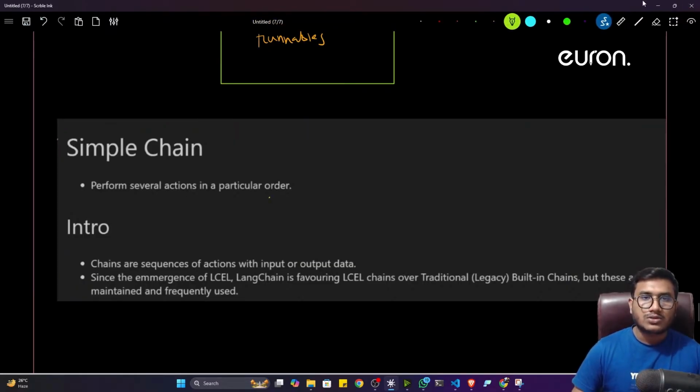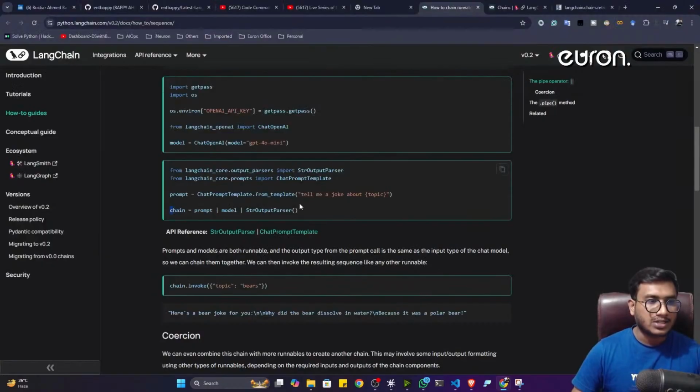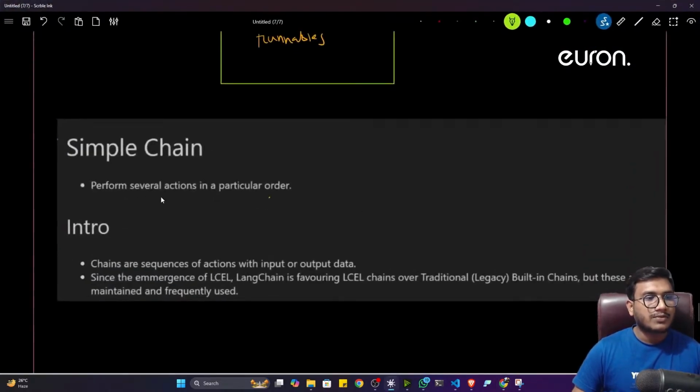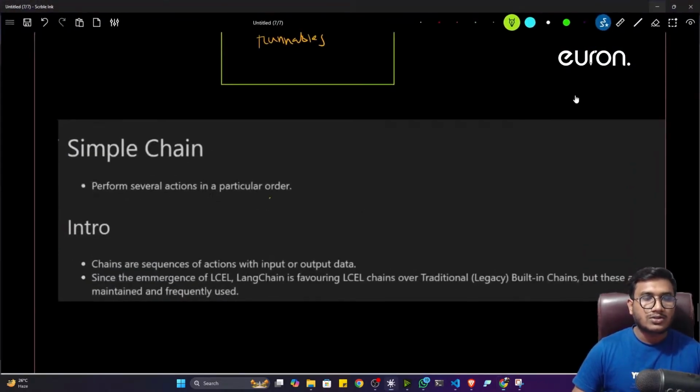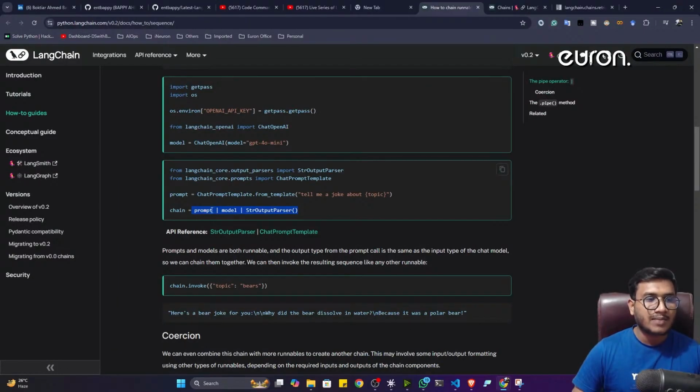Yes or no? So here I think you know that we created a chain and it is following one order. First of all, we are defining the prompt, then the model, then the output parser. I have given one basic RAG example with the help of LCEL, and there I used this syntax. So you can see here I'm performing steps of execution. That means performing several actions in a particular order. So prompt is one of the actions, model is one of the actions, output parser is one of the actions,